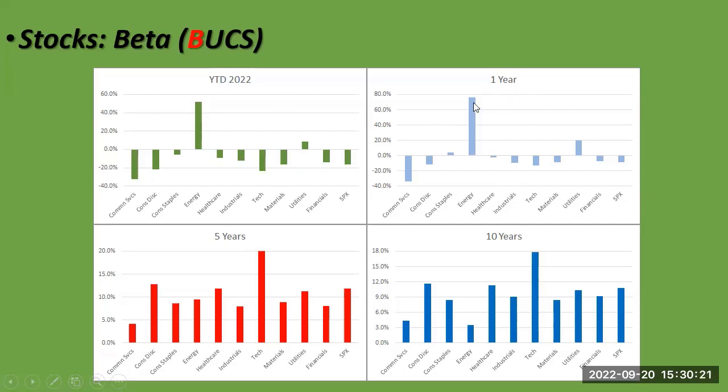1 year, essentially the same question, except for energy is up just ridiculously. Why? Because oil prices shot up dramatically. Over 5 years, what do you notice is number one? Tech. Over 10 years, tech. So tech is giving back some of what it gained, but it's up there dramatically. Consumer services didn't do that well, but that's again Facebook. Facebook is driven to drag that thing down dramatically. So the S&P 500 has done really, really well last 10 years, driven really strongly by tech. Consumer discretionary has done well. Consumer staples has done well. Energy has not done well last 10 years, but the last year it has. So been a really, really good stock market.